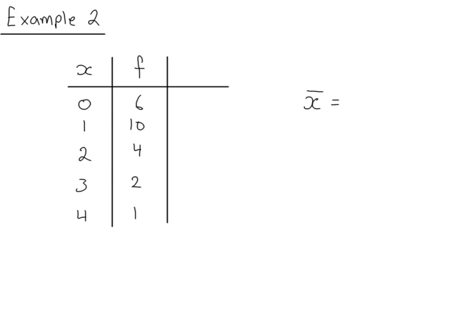In this example we have a frequency table with individual values of x. So for example, in this row here, I know that the data value 3 occurred twice in our data. And if you were to write out this frequency table in full, so if you made a list of numbers that come from this table, 0 would be there 6 times, so you would do this: 1, 2, 3, 4, 5, 6. 1 would be in there 10 times,